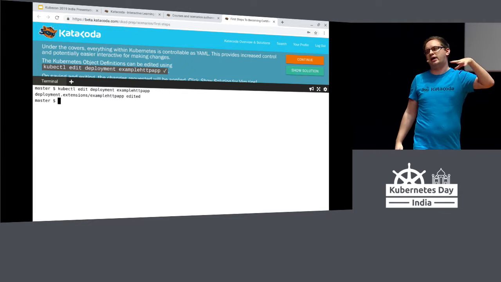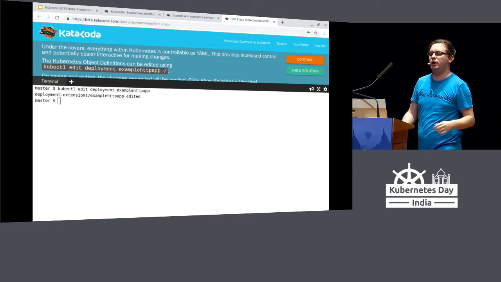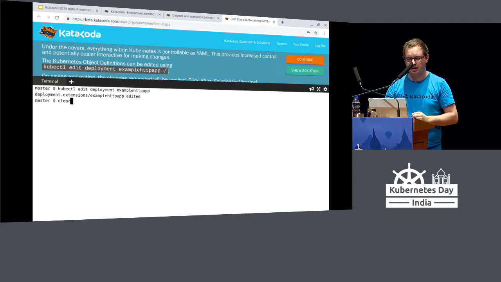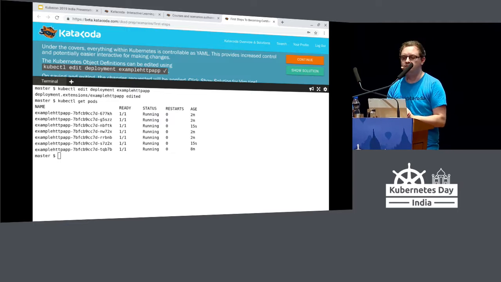Kubernetes will detect that that has happened, it will detect that a change has been made, and it will automatically apply those changes to our cluster. And in this case, we should see that we have 2 additional replicas being started, which they have done now.